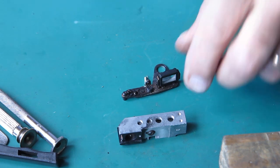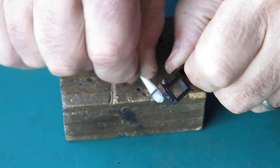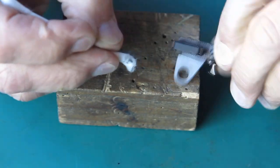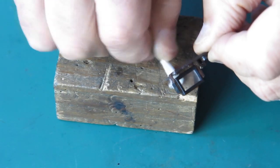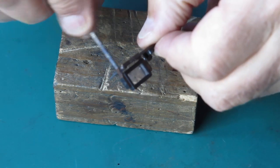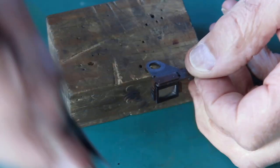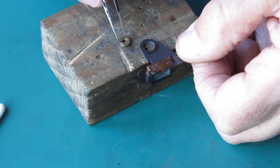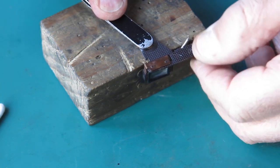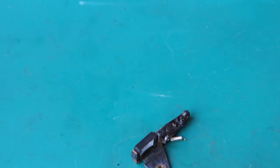I'll put this in the ultrasonic cleaner while I'm cleaning the other parts. Just clean that surface. There's something sticking on there. That seems to be fine. Right, a wipe of molybdenum paste. And some on the top surface, very little on the top surface. And the brass bush or bronze bush, I'll put that in there, line that up with my mark that I've made previously. That's good to go. But I need to clean the glass in this because it's